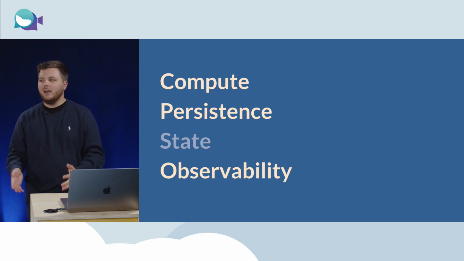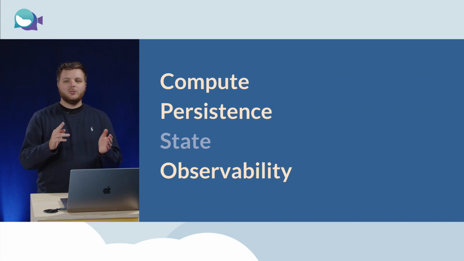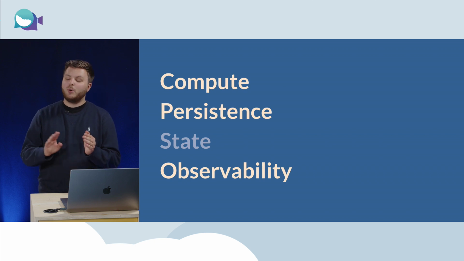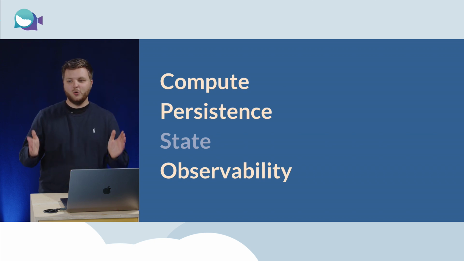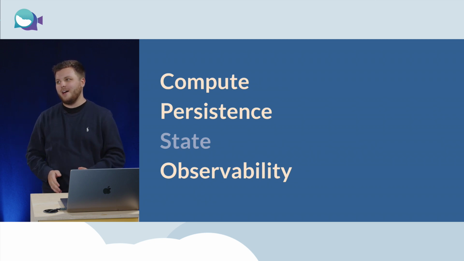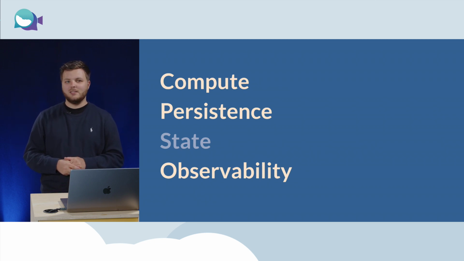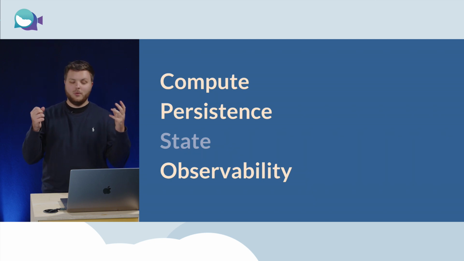And finally, the third pillar is observability. One of the biggest challenges, and possibly the most important of the 3 here. This is the when and why you scale, not the how. The other first 2, persistence and compute, are really going to be more about how do you scale, how do